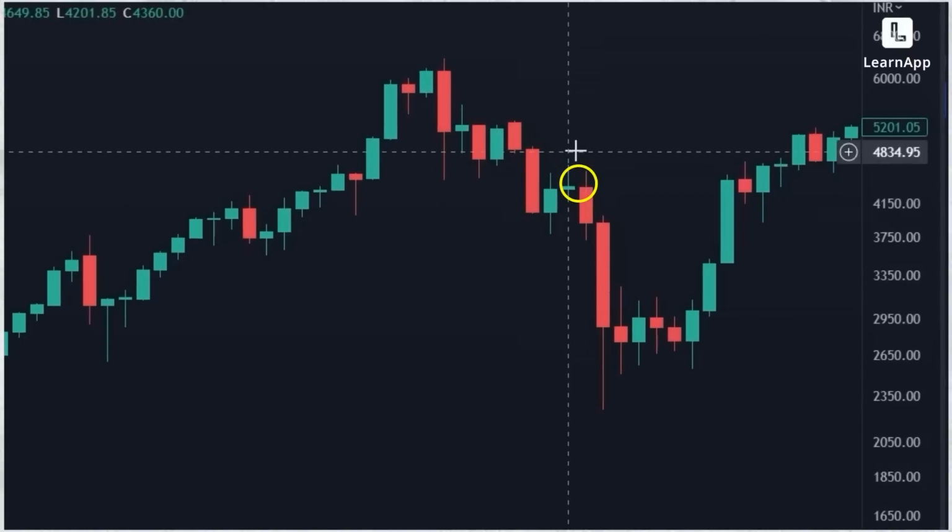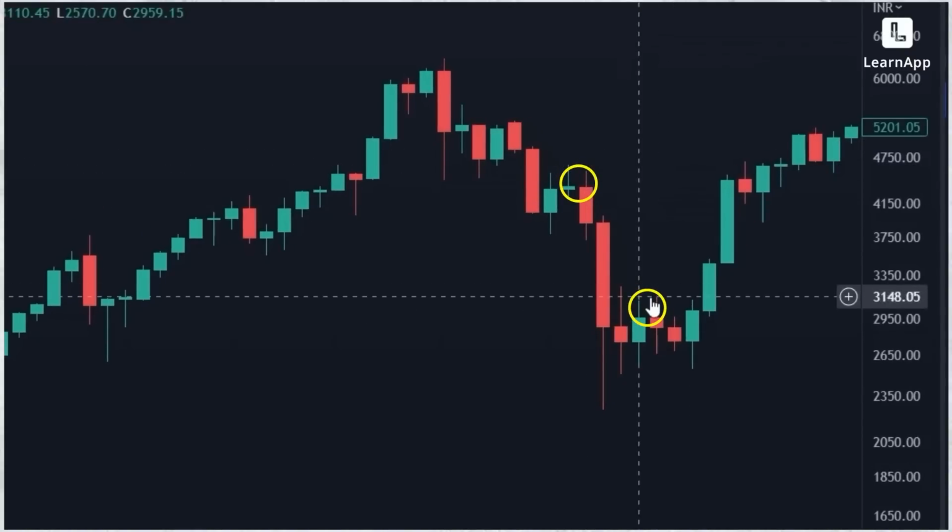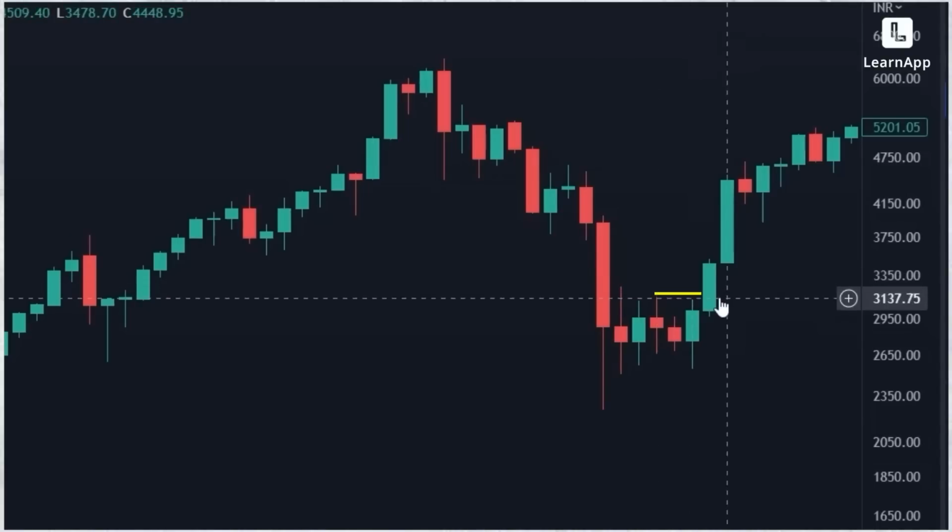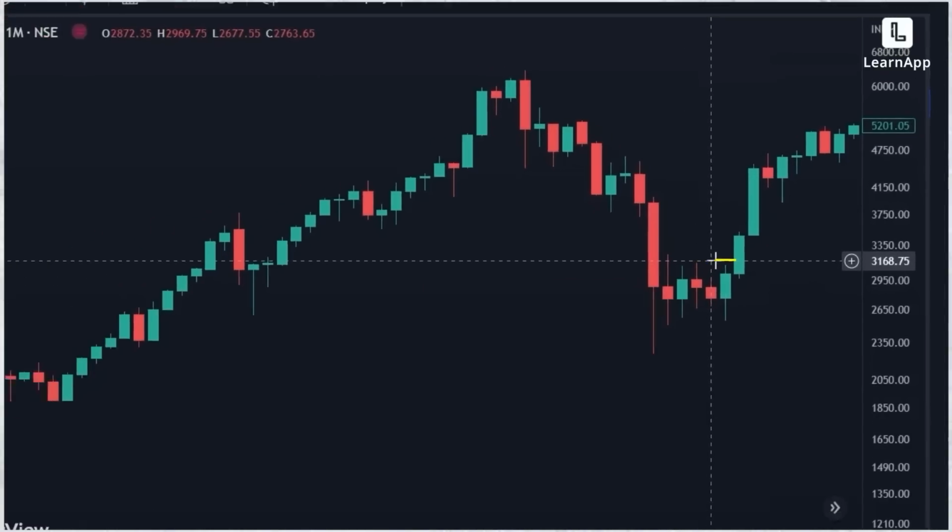So this is our first swing high. Then this is our next swing high. And this is just perfect. Sometimes you're not so lucky. Sometimes you don't get a swing high perfectly. It comes late. But in this case, we were a bit lucky. So this swing high breaks over here with this candle and the trend changes.